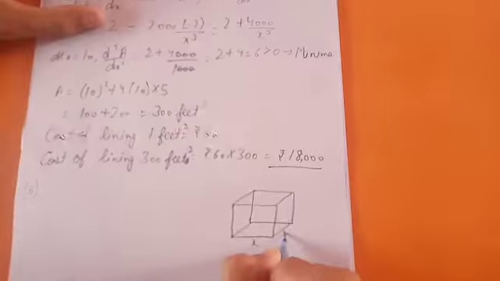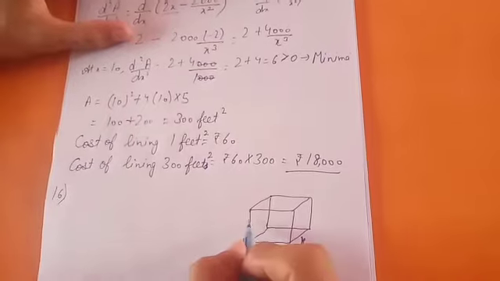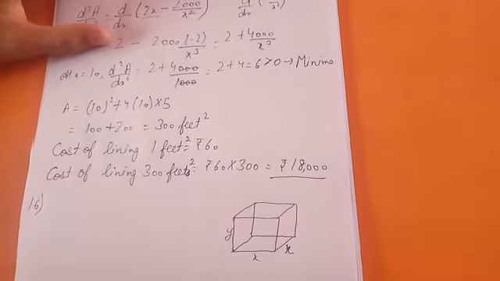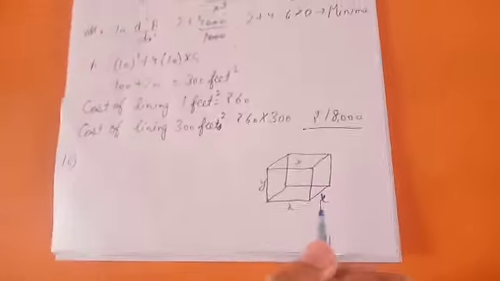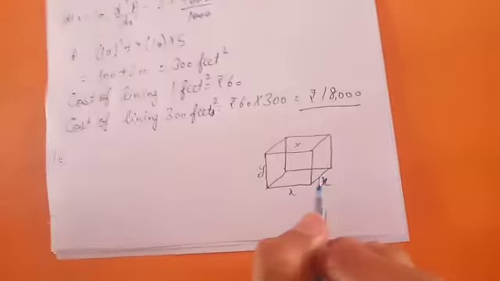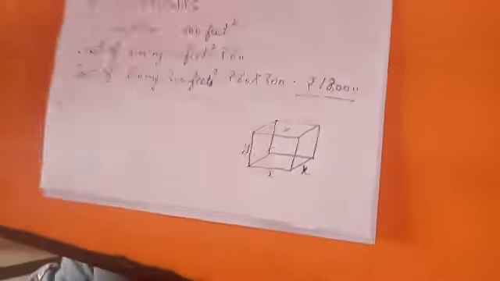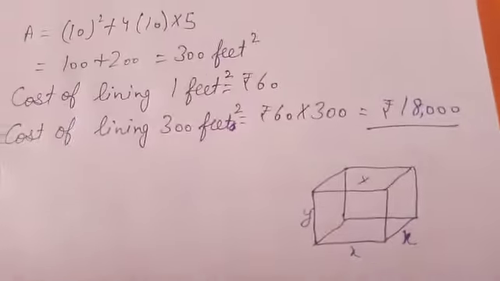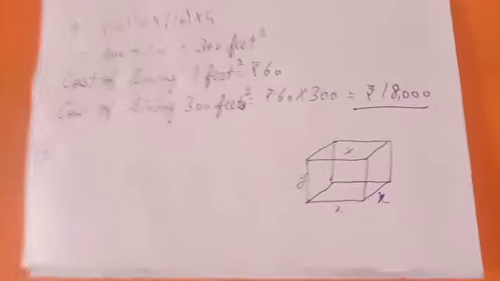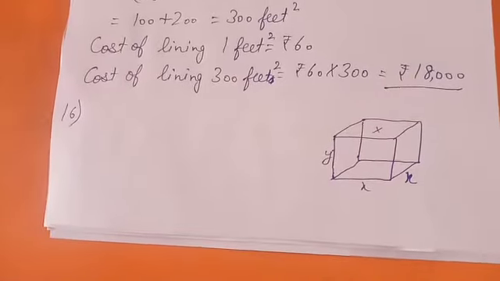It has a square base. Square base means length and breadth are the same. We assume it as x. Its height we assume is y. This tank has no top, means the upper surface is empty, means it has only 5 sides. And we have to construct it such that its volume is maximum. And the total sheet provided to us is 40 square feet.